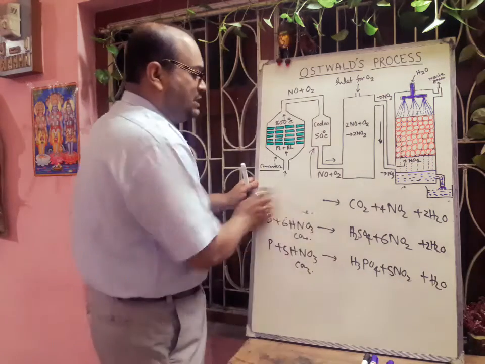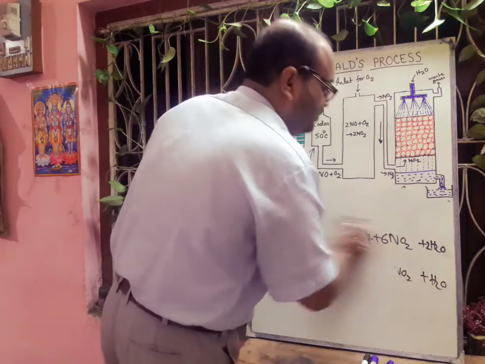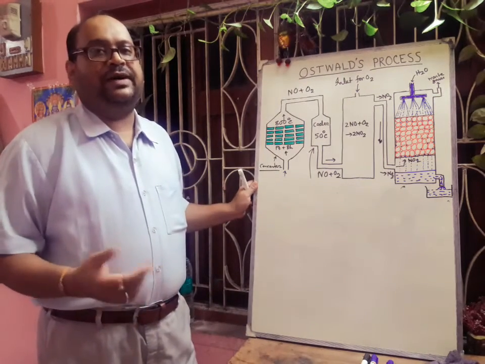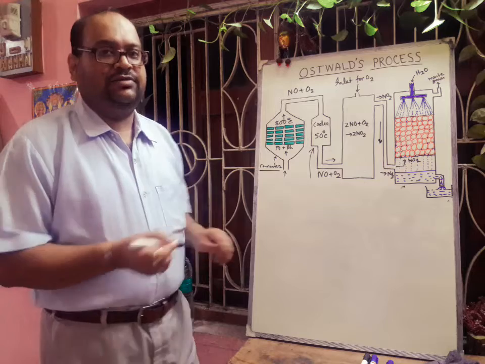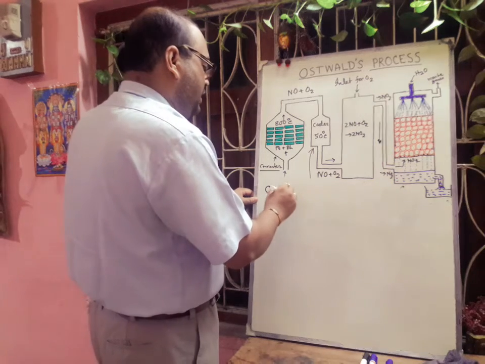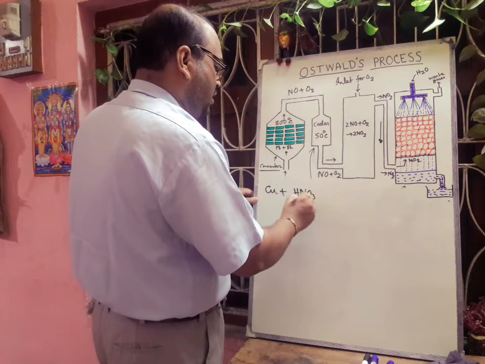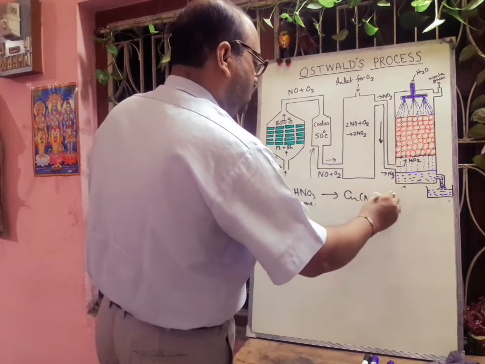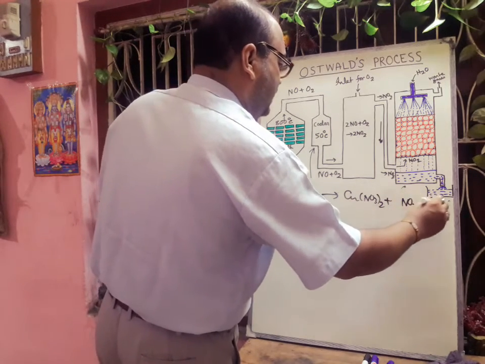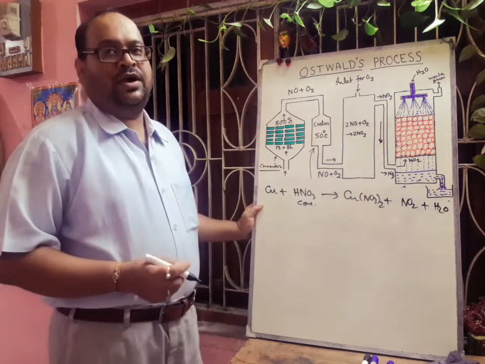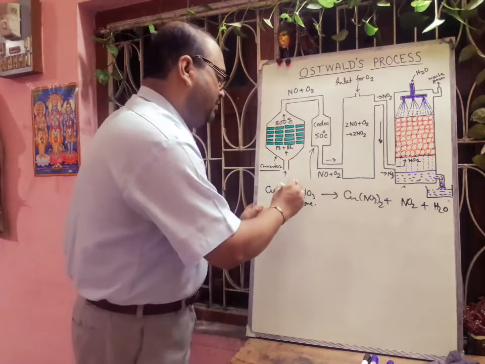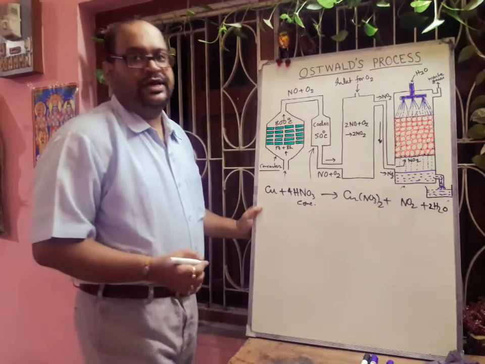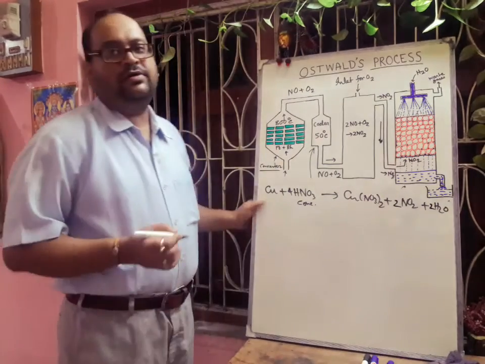Next we will discuss the reaction with metals. Definitely it will oxidize the metals like copper, zinc and iron. So if we write the reaction, you can easily understand. So copper will react with concentrated nitric acid forming copper nitrate, plus there will be formation of nitrogen dioxide and water. Okay. Now if we want to balance, we have to write here 4, then we will write here 2, and in case of NO2 we have to write 2. Now I hope it is balanced.